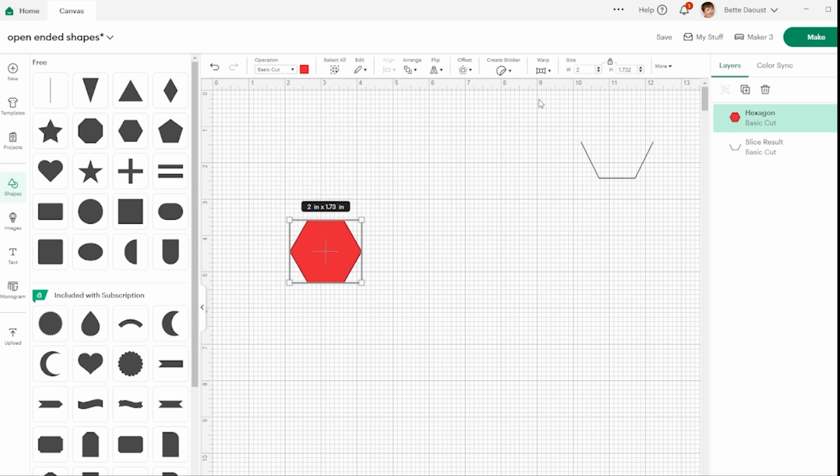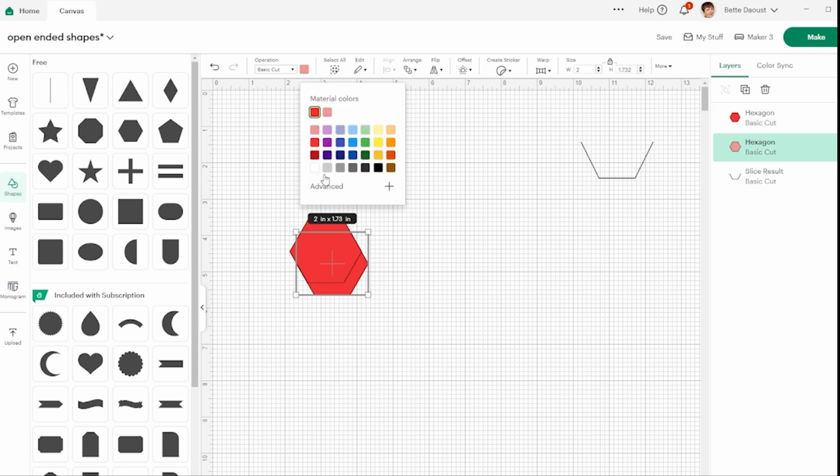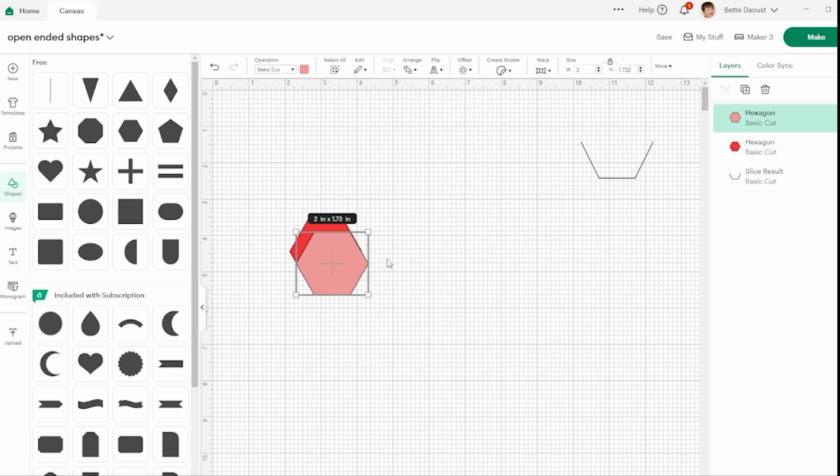So that is red. We're going to leave the dimensions the way they are, but we are going to duplicate it. So I'm holding my Alt key down, got a little plus sign. It's going in behind. I'm going to change that color to a lighter color. And then I'm going to arrange and bring it to the front, and it will go right over top. Now, what we need to do to make a small line is we have to reduce the size of this particular shape by